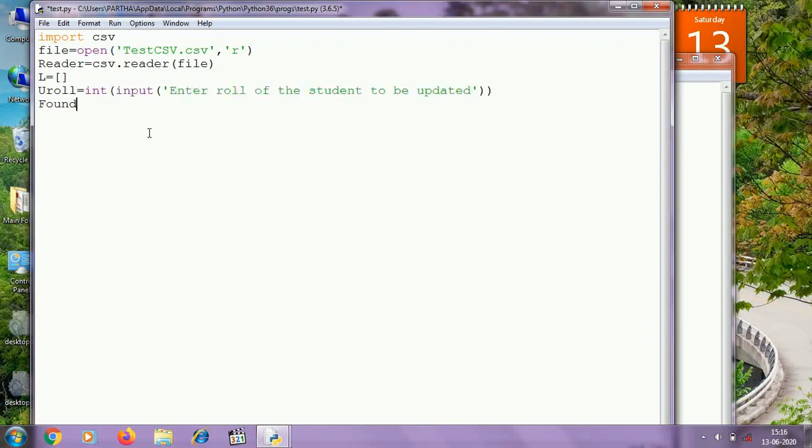Here found is a variable which will indicate whether the record with this roll number is present in the CSV file or not, whether the record is found or not. Now using a for loop, I am fetching the rows from the CSV file.